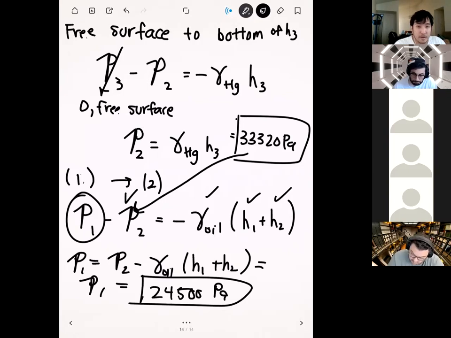I went quite a bit faster this time, but it's the same process that we did with the U-tube manometer derivation. For these kinds of problems, you basically just have to work your way around the manometer. You can go either way. You can go from the free surface around to your point of interest, or you can do it like we did in the derivation and go from your point of interest over to the free surface. As long as you're consistent in how you apply the formulas, you should get the same result either way. Are there any questions on this example here?